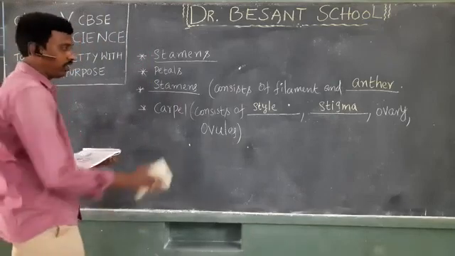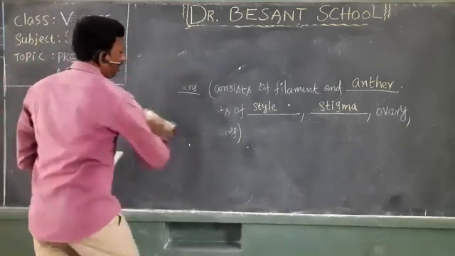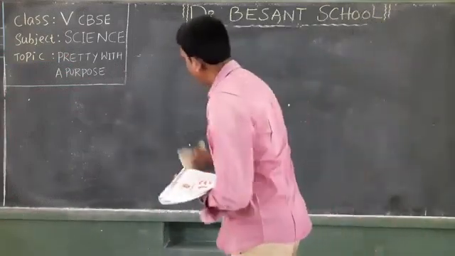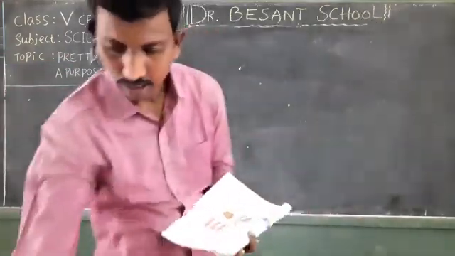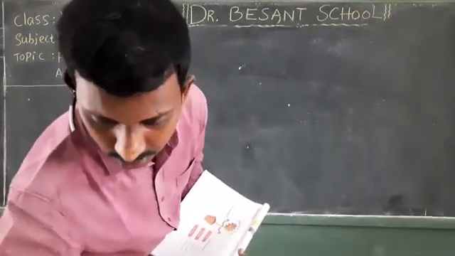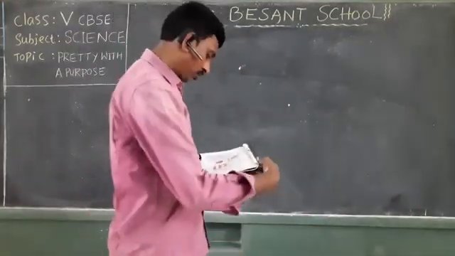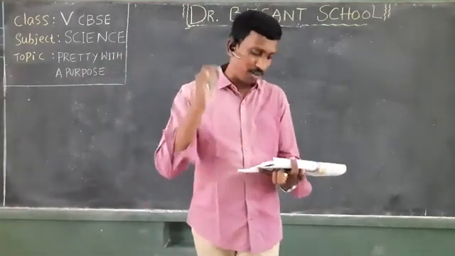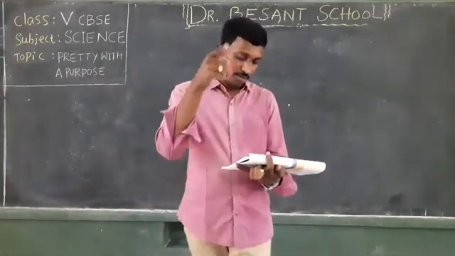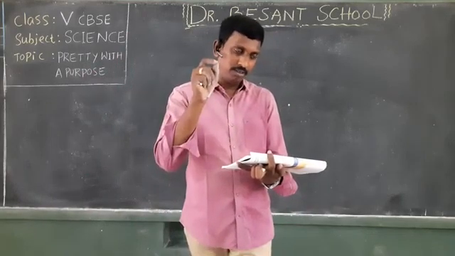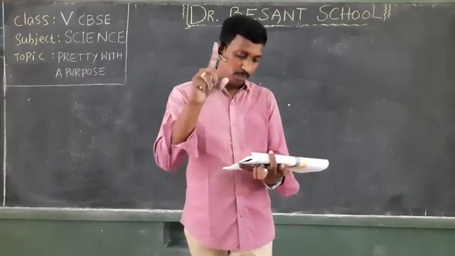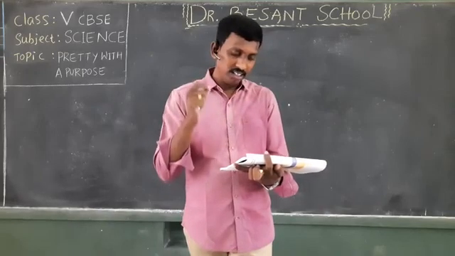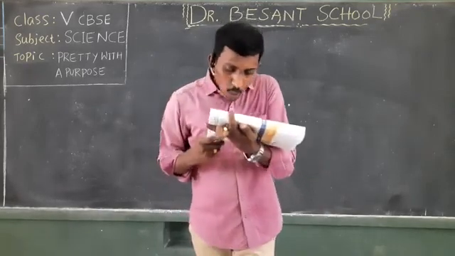So I hope you have completed writing down this portion. I will go to the next table part. Now come to the next table. It belongs to the process of reproduction. Three important processes or main stages are given: pollination, followed by fertilization, followed by seed dispersal.